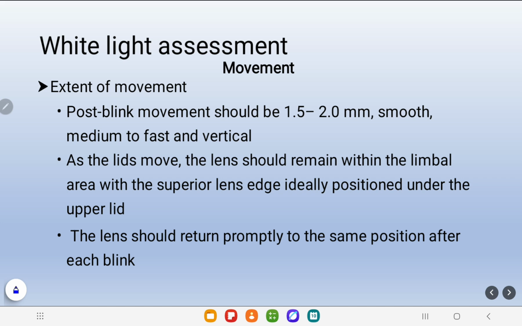So movement extent. What is the normal post-blink movement? We normally think it is around 1 to 2 mm, and it must be smooth, medium to fast, and vertical. As the lens moves, it should remain within the limbal area with the superior lens edge ideally positioned under the upper lid. And the lens should return promptly to the same position after each blink, because whenever we blink,